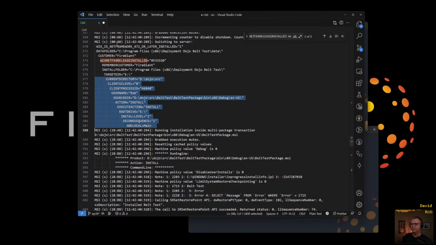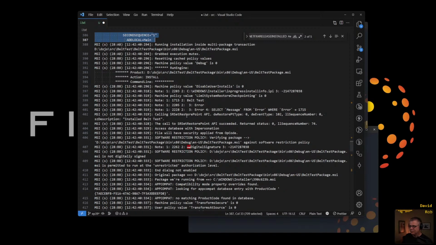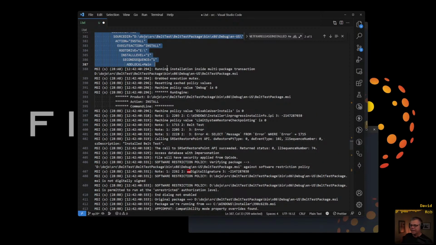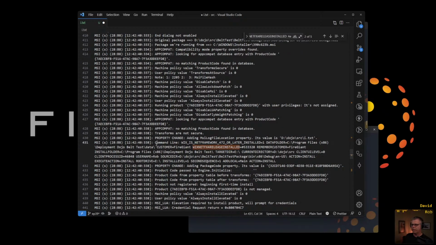This is the client side. This is the client saying, hey, here's all these properties that I want to try to send over to the server. And now the S side is saying, hey, the Windows installer is going to start up on the server side, and we get all this preamble stuff, which we don't care that much about. And then we get the command line that was passed to us.